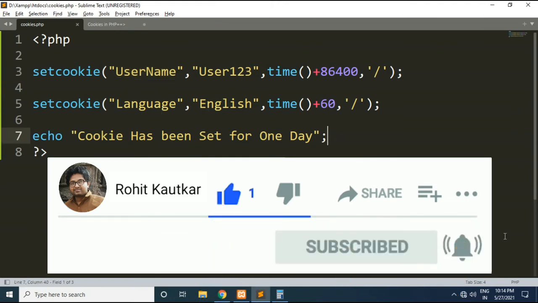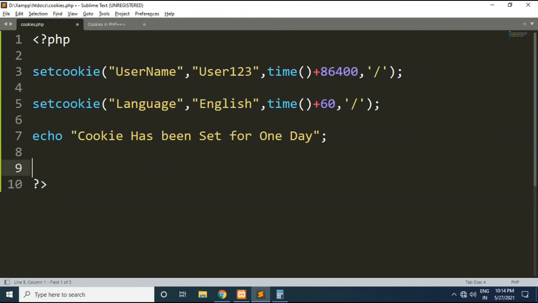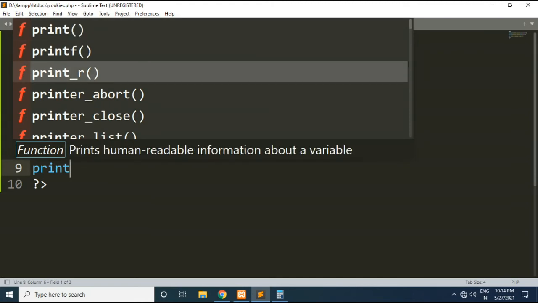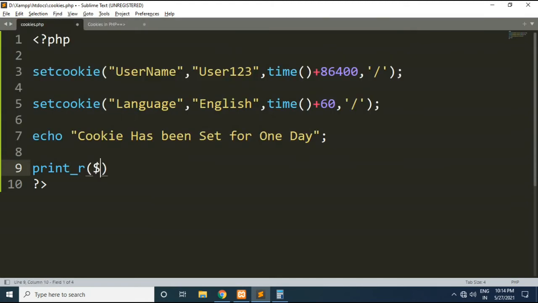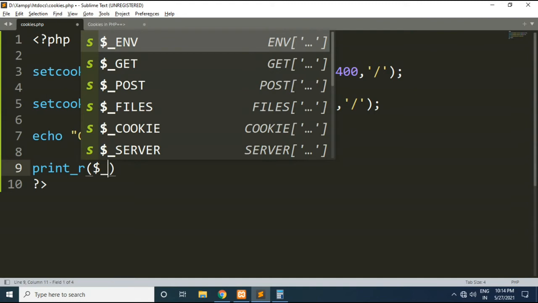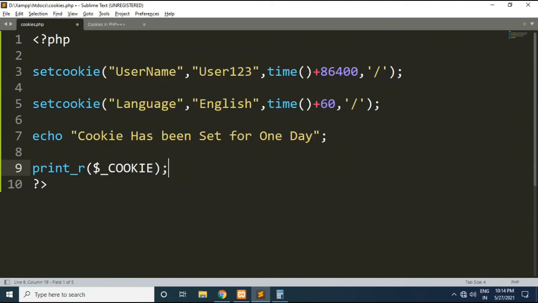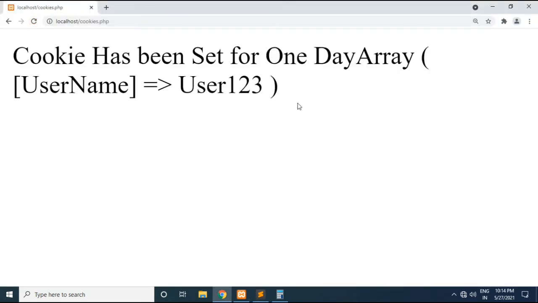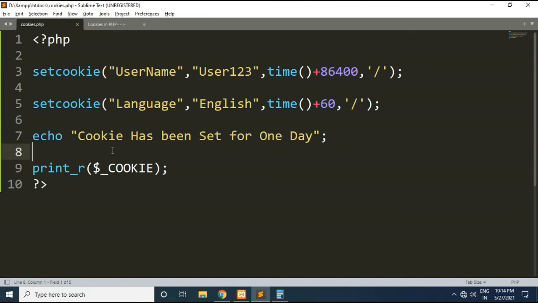So for reading the value of a cookie, we can use a super global array variable called cookie. So simply I will use the print_r function and I will pass the super global array variable called cookie like this. So if I go and refresh, I will use BR here.